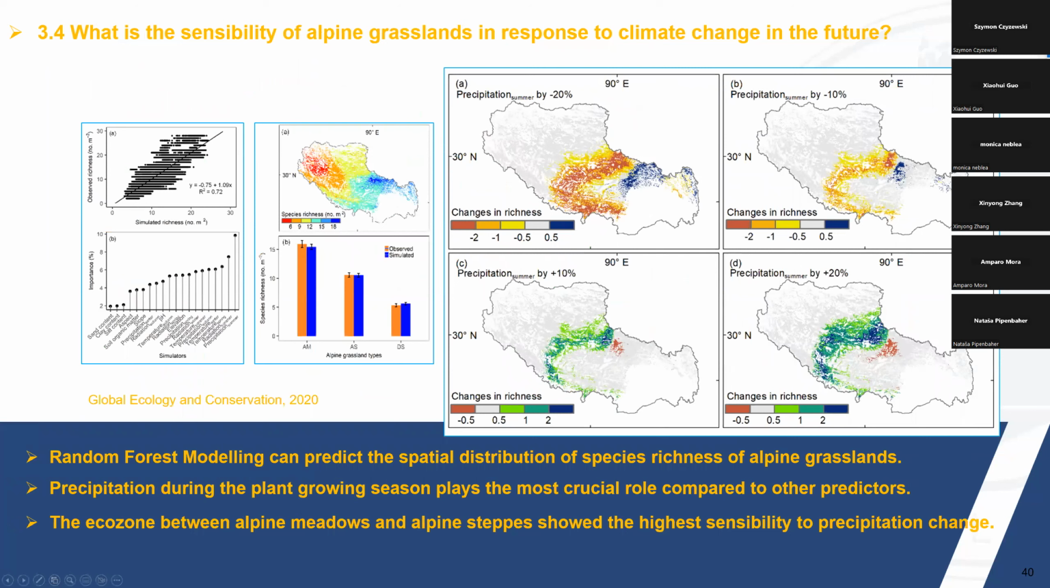We use our long-term data to predict species distribution. We use random forest modeling, and this figure shows the comparison between observed species richness and that simulated by random forest modeling. And they match very well. So the random forest modeling can predict the spatial distribution of species richness